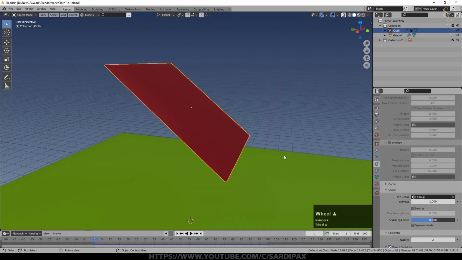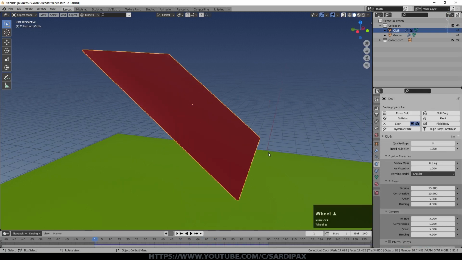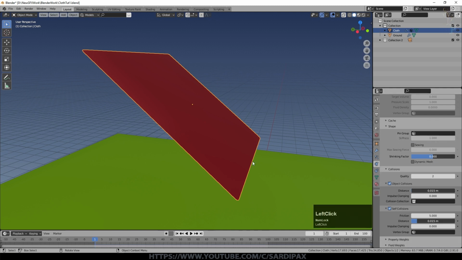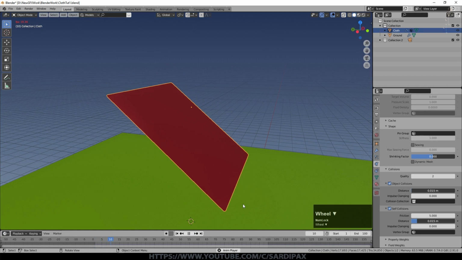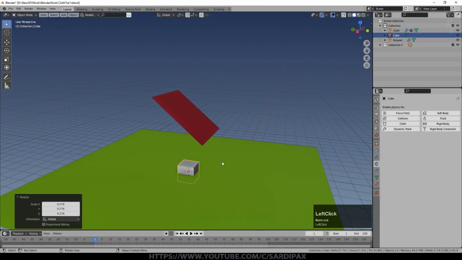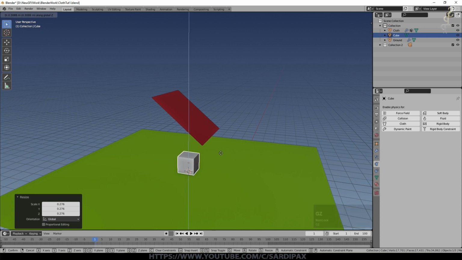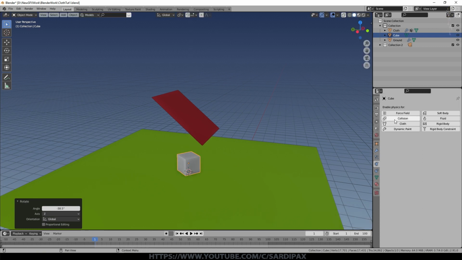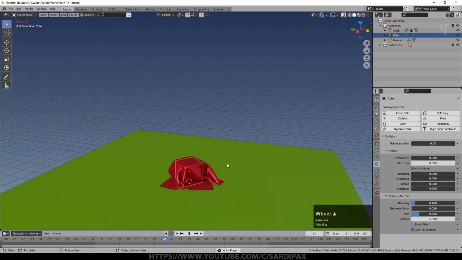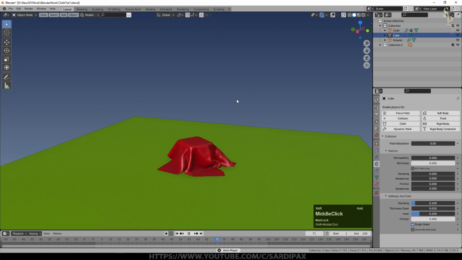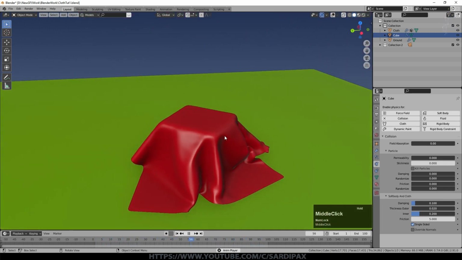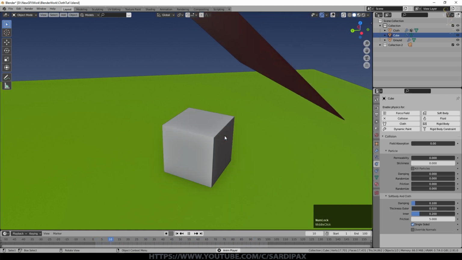So then we can start to look at how it works with obstacles. So I'm going to turn off the pinning for a moment, just by clicking that. So it will now fall to the ground again. And I'm going to add a cube, make it a little smaller, and we'll have it roughly on the ground, give it some rotation, and we'll switch on collision. So if I now start the simulation, you can see, especially if I turn that off, we've now got a cube wrapped in some cloth. So it's as easy as that to get the basics of a simulation.